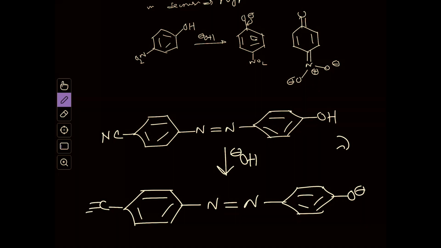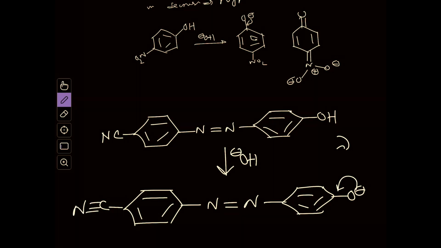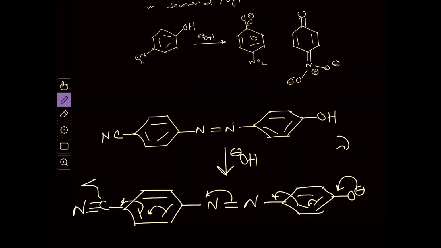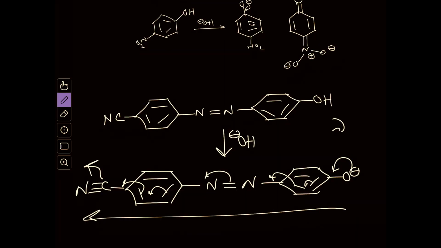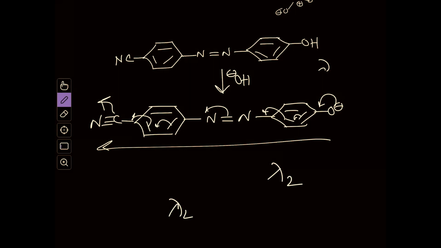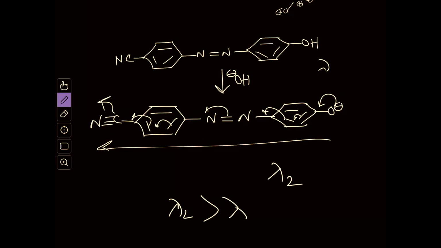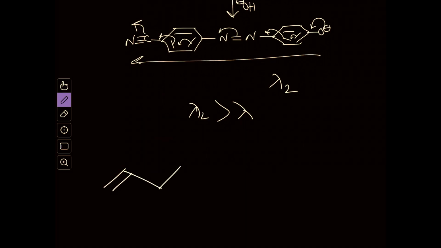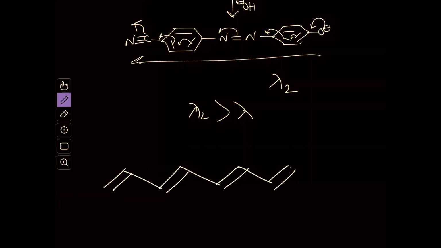So in the cyanide group, this oxygen negative charge will be completely delocalized into this system, and you can see this is an extended conjugation, and due to this extended conjugation you will have an increase in the lambda value. So in this case lambda 2 is higher than lambda, okay, and this is called red shift. Similarly, for compounds that give intense color, like the color of carrot, in carrot you have a compound named beta carotene, and in that case you have a large number of conjugated pi systems, and that's why you get this intense red color.